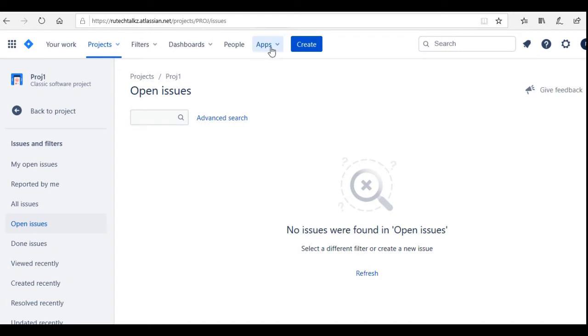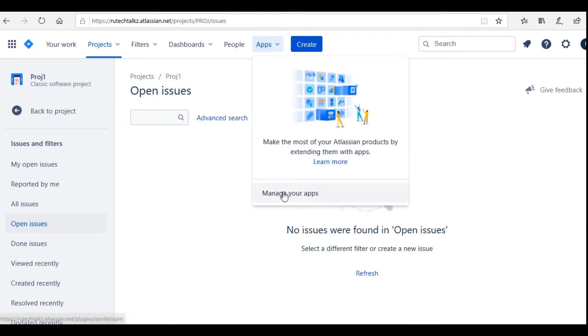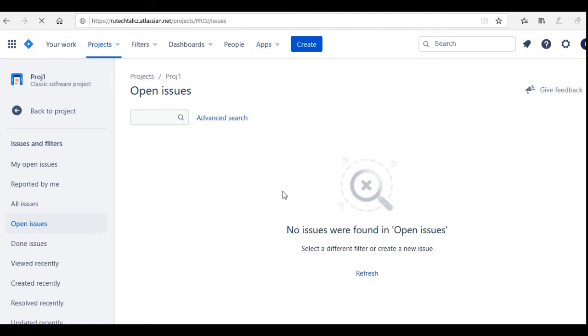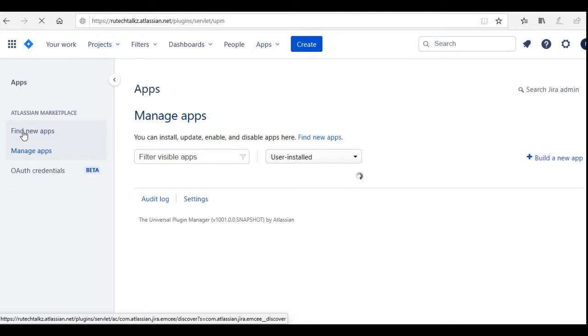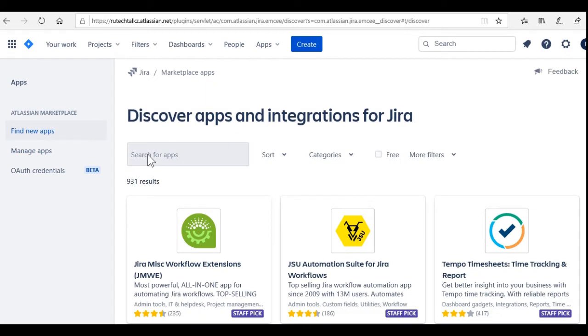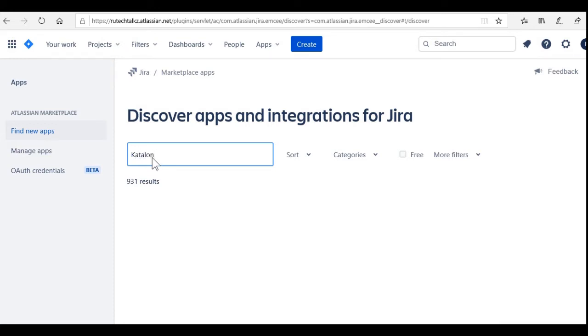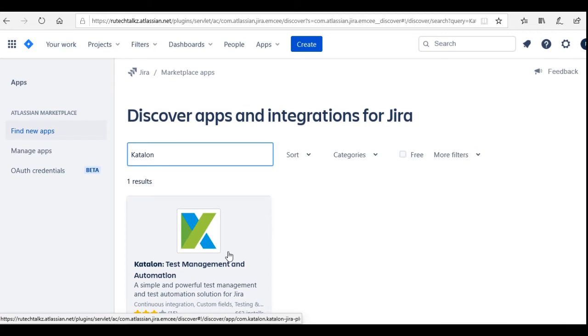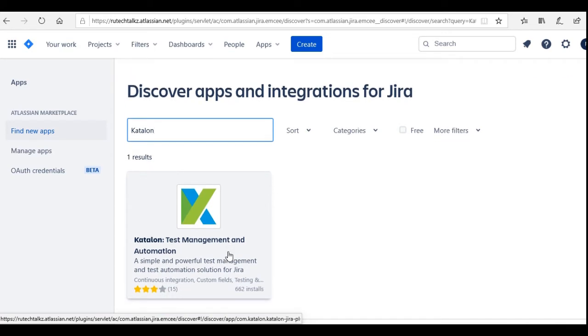After Jira setup, in the Jira application, go to apps and click on manage your apps. Click on find new apps and here search for Katalon. It will show the Katalon test management and automation app.